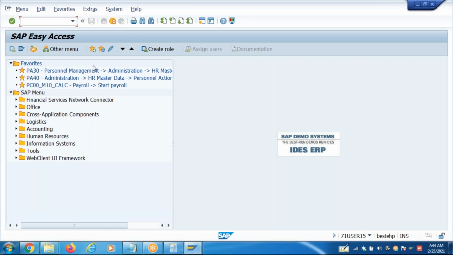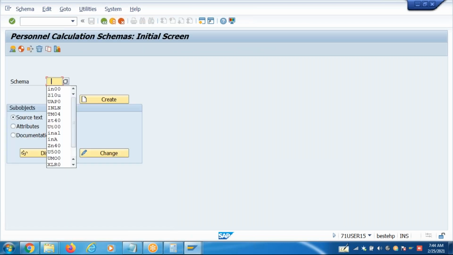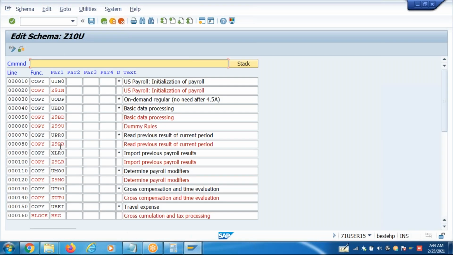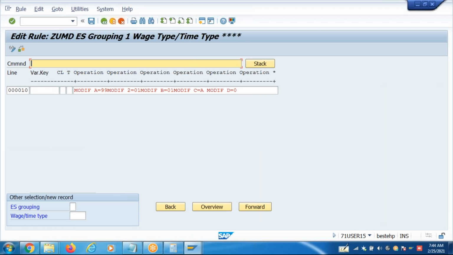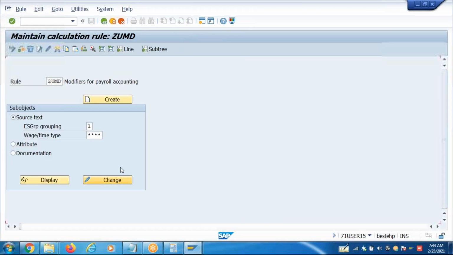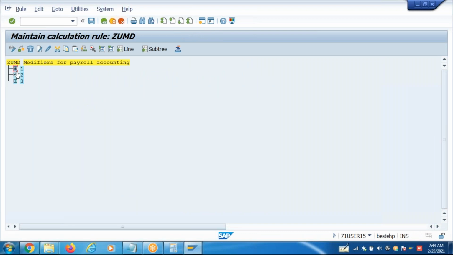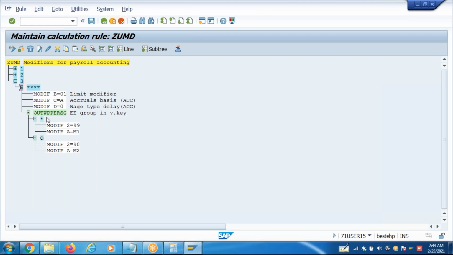So if you go to PU01, you see the modifier here, and we have already customized this modifier. In this, the modifier B, you need to look at the modifier B. Let's say modifier B for the permanent employees 01, contractors I would set to 0.